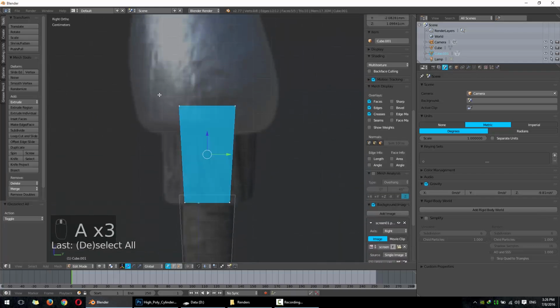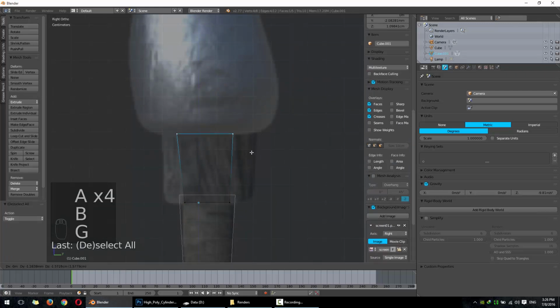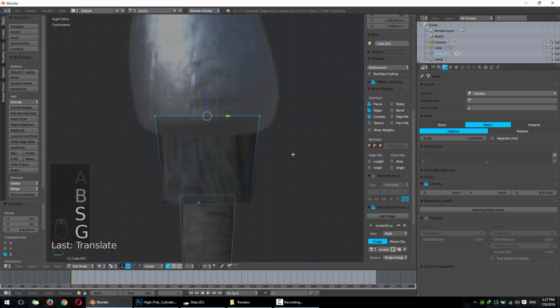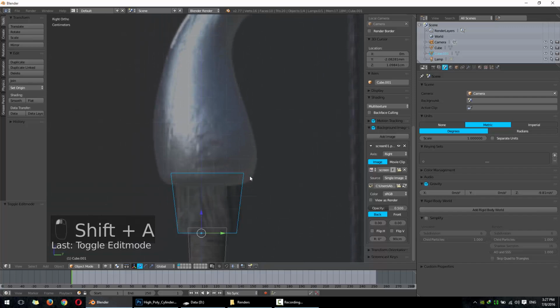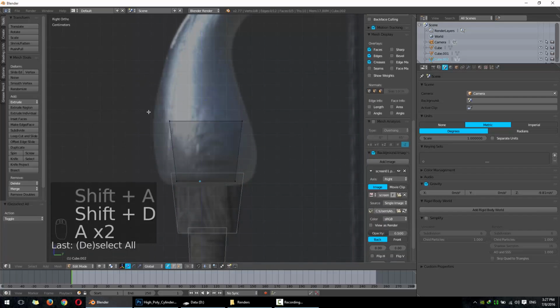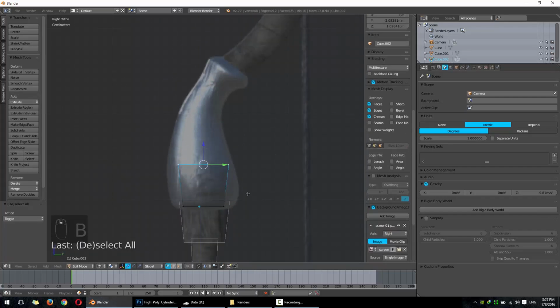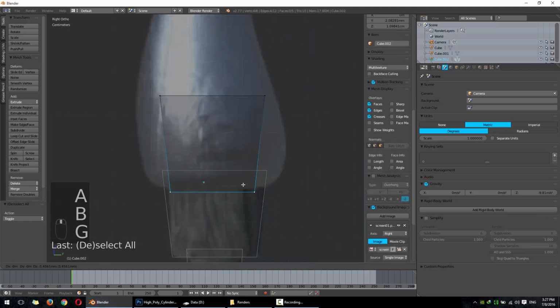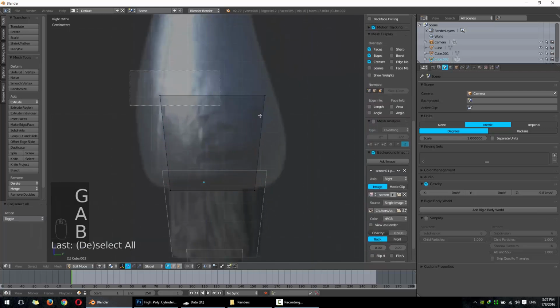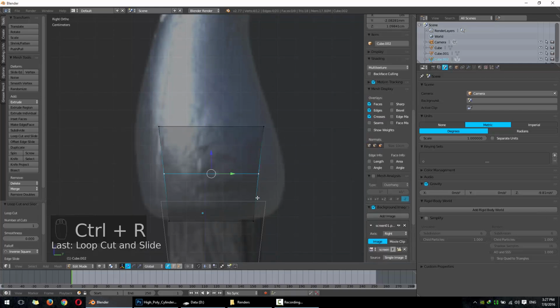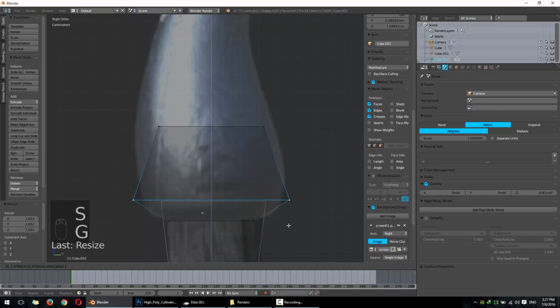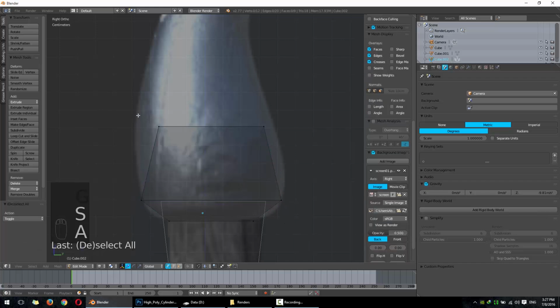and then put it right here, go to edit mode, select the top edges, select the bottom ones, scale these bottom ones, then scale the bigger ones. Duplicate again. We can take two approaches in here. I'm just gonna add the loop cut right in the middle, scale it, bring it downwards a little bit to match that lower part, bring down this one,